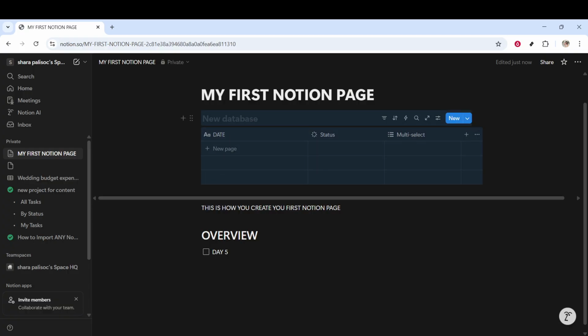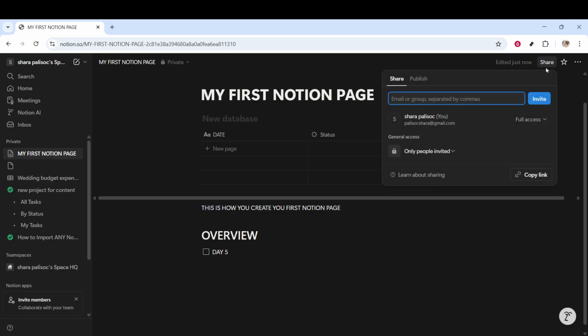When you're ready to show your work to others, click Share at the top of the page. From there, you can choose how you want to share it, whether with teammates or collaborators. And that's how you learn the basics of Notion from scratch,